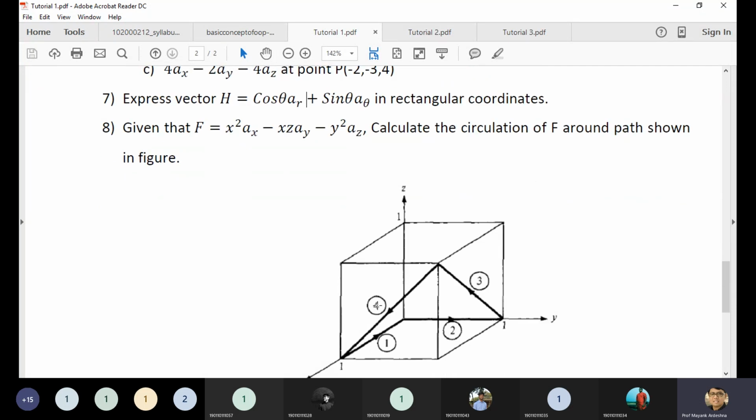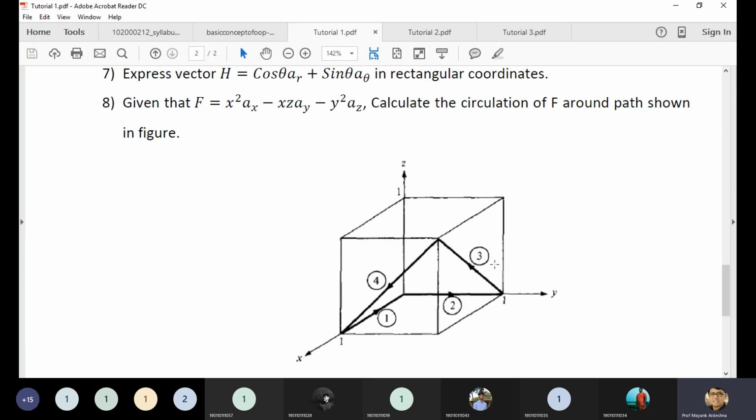In this example, we discuss how we can find the circulation of the path, because it is nothing but some kind of line integral as well as surface integral. Circulation of the path is nothing but the multiplication of the vector F with the path it follows. If you see, some path is given to you from 1 to 2, 2 to 3 and 3 to 4, and this path is nothing but a closed loop path. That's why it is considered as the circulation of the vector F around the closed path. So what you have to find is the closed loop integral of F dot dl.